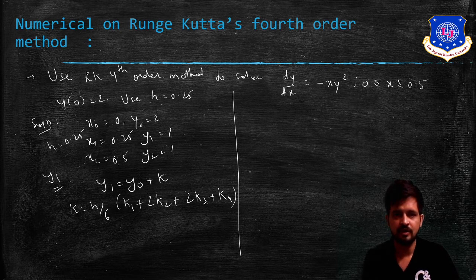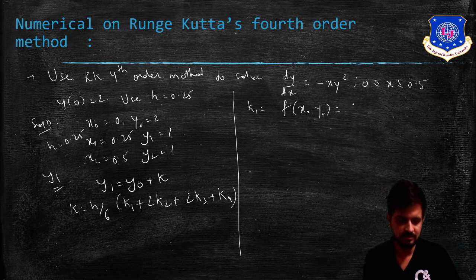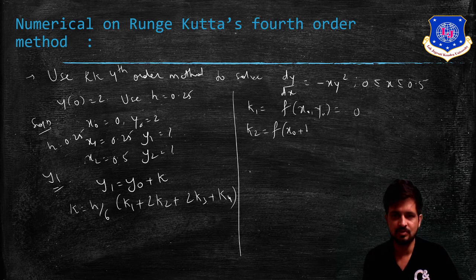So first of all, we have to find k1. How we can find k1? k1 can be found by h into f of x0 comma y0. What is our f of x0 comma y0? You can place the values 0 and 2 in this. The value will be 0. Then k2. k2 can be found by f of x0 plus h by 2 and y0 plus k1 by 2. If you will solve this, you will get the answer